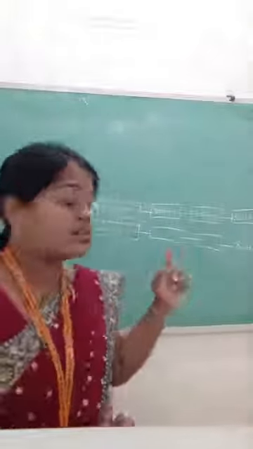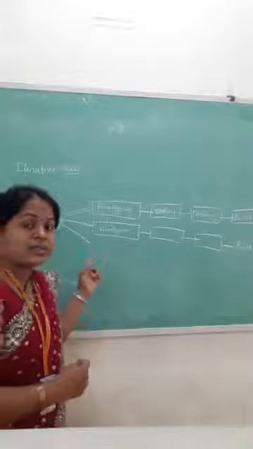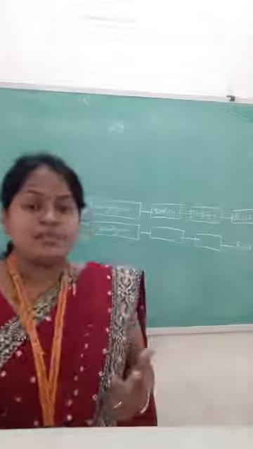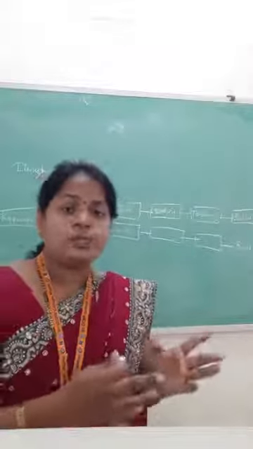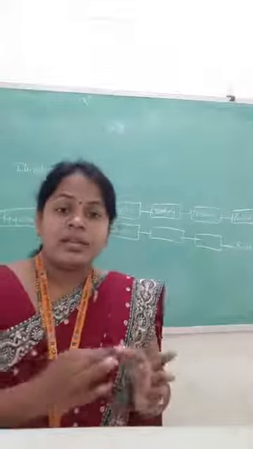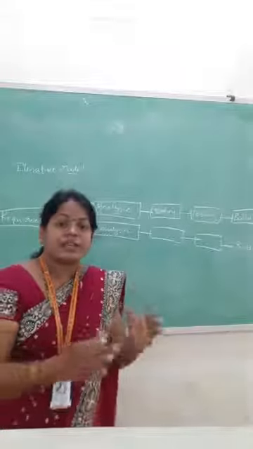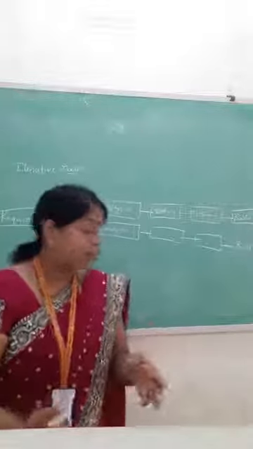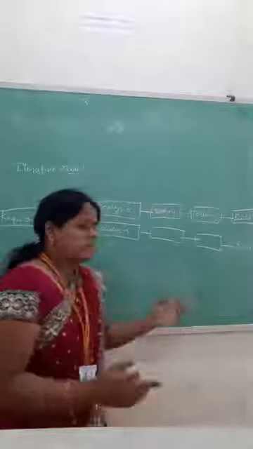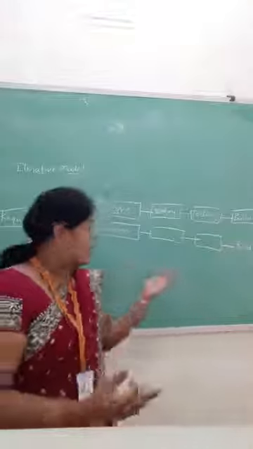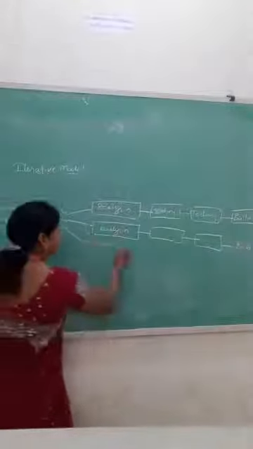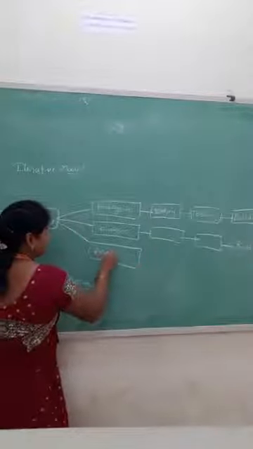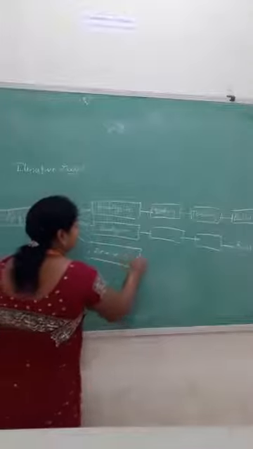So like this, the iterative model follows. Why is it called the iterative model? Because the entire output is not released at a time. They release it part by part. The first part of the output is released, and again they collect some requirements. Then we perform all the steps, and again they release build two. Like this they perform all the work. So this is about the iterative model.